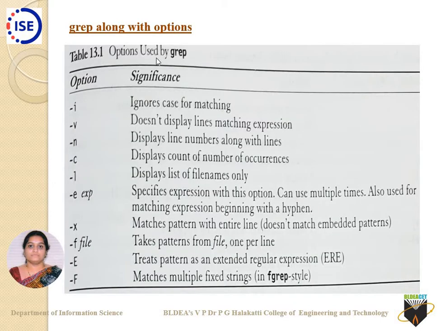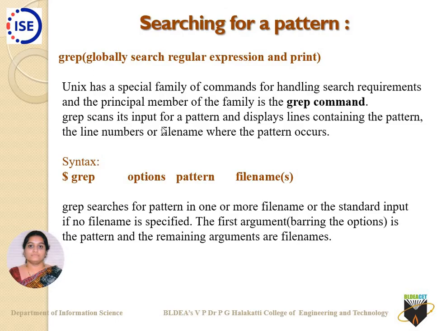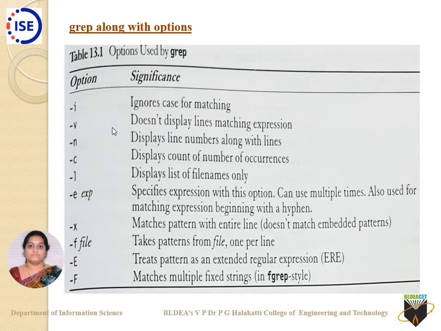Now, for this search of a pattern itself, I can use options. If you go back to the syntax, it goes as grep, options, pattern, and file name. So we are now studying these options, the set of options which can be used along with grep as a command. -i stands for ignore case. It ignores the case, whether it is capital letters or small letters.